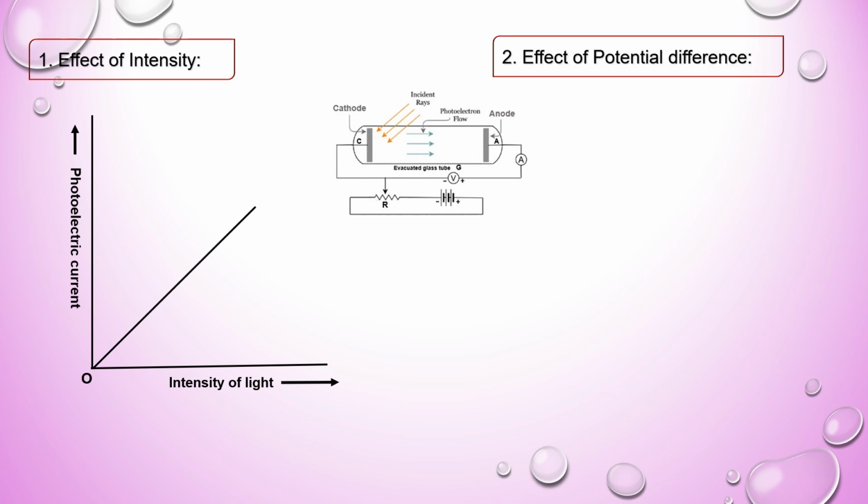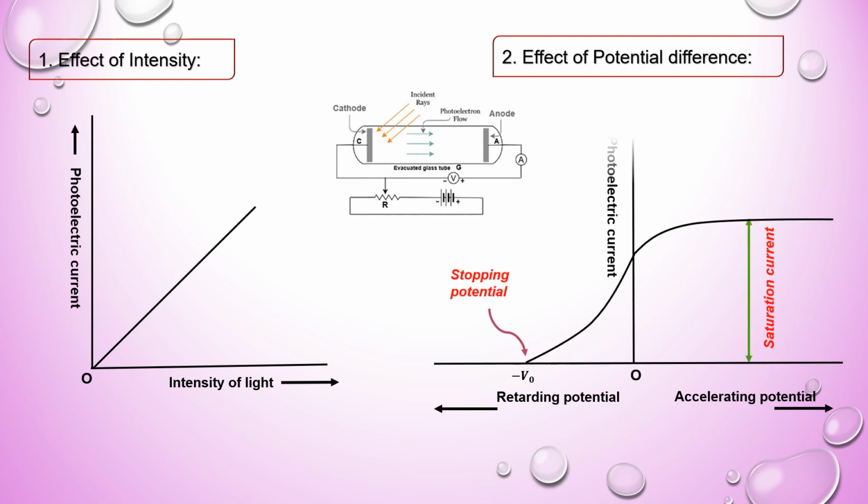Now let us discuss the effect of potential difference. Suppose both the frequency and intensity of light is fixed, and if the potential difference between the two plates is increased, then photoelectric current increases until it reaches a maximum value. And on further increasing the potential of anode, current does not increase. This maximum value of current is known as saturation current, as you can see here in the right hand side of this diagram. Since saturation value of current is reached when all the emitted photoelectrons are attracted by the positive